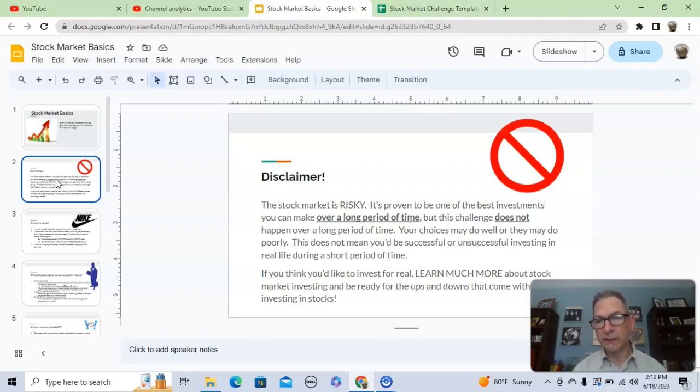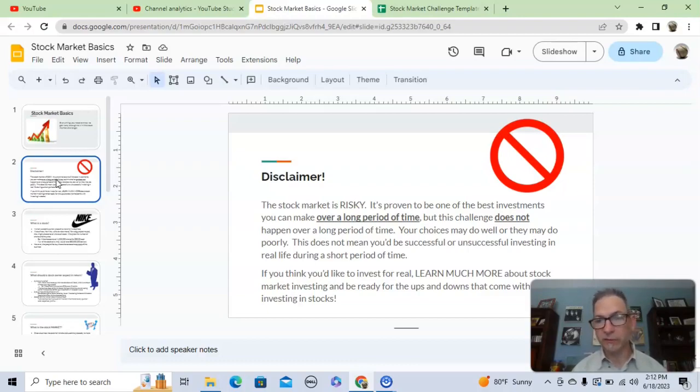If somebody's going to get into the stock market, they should be prepared to leave their money there for a long time. And even though a student might consider 6, 8, 10 weeks a long time, that's not what we're talking about for the market. We're talking about years and years and years. So the way I resolve that is I do like to run the challenge, but I definitely talk about a disclaimer